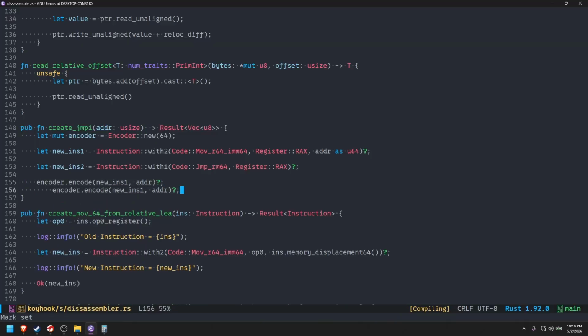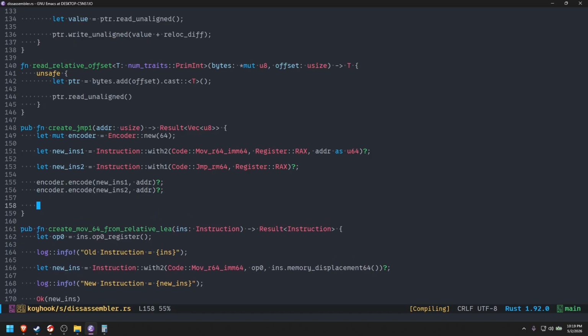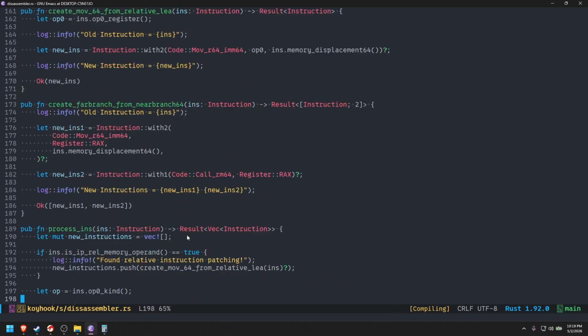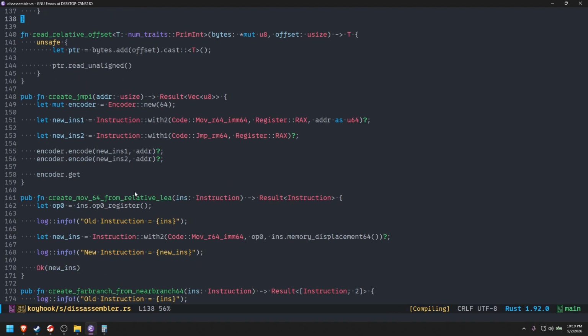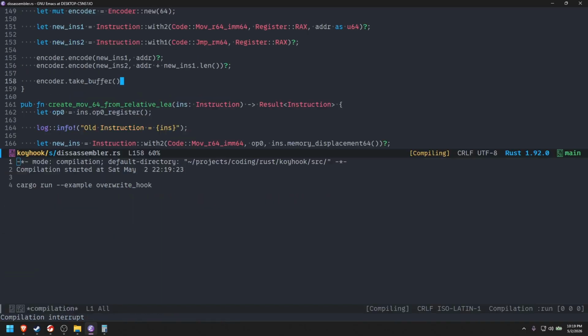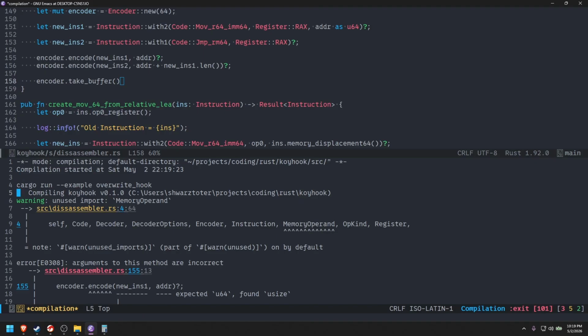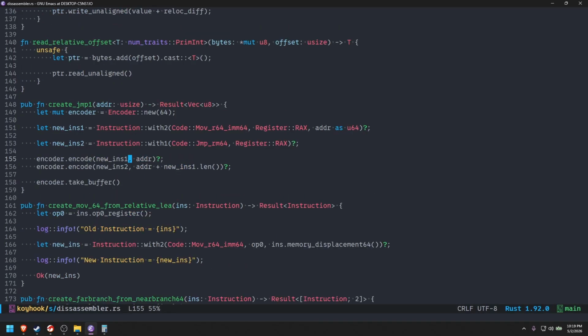Alright, so we're going to do that, and we're going to encode it with two, and we're going to use encoder dot take buffer, take buffer with it, plus new ends one dot one. Encode facility 64, so